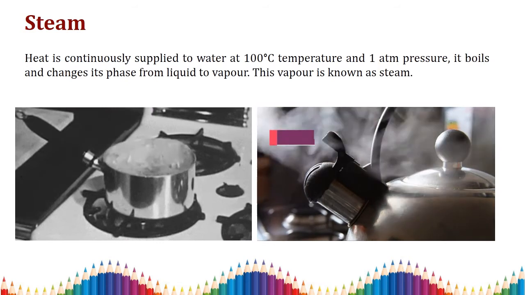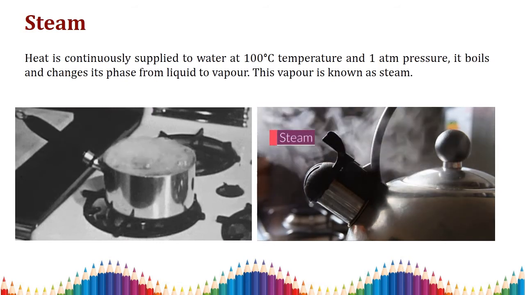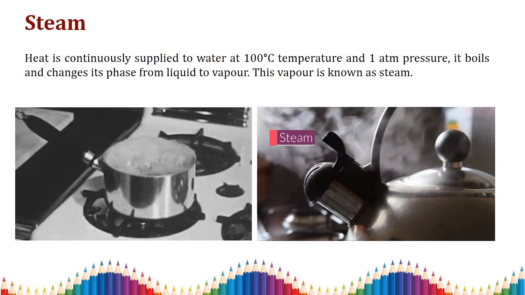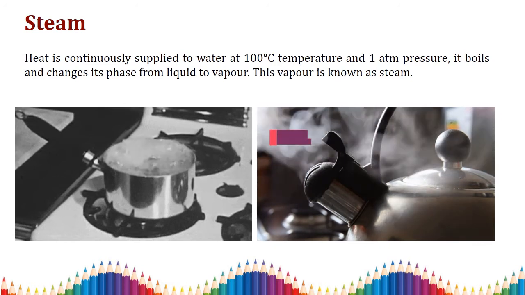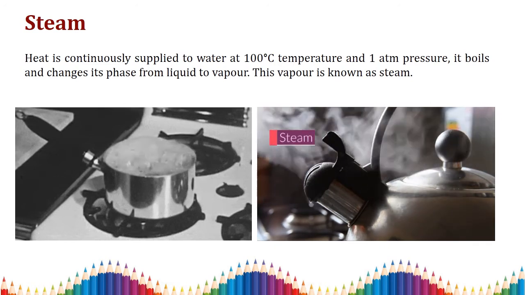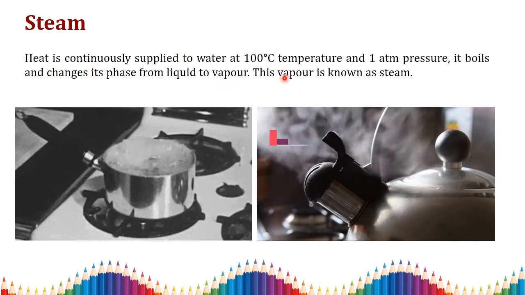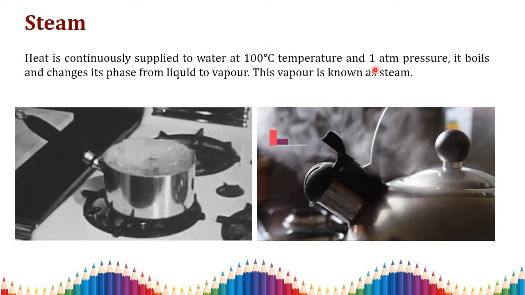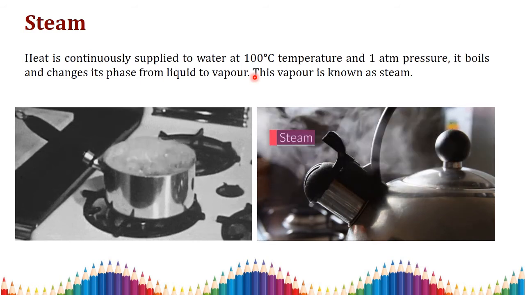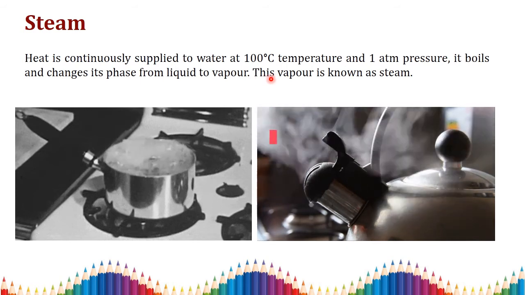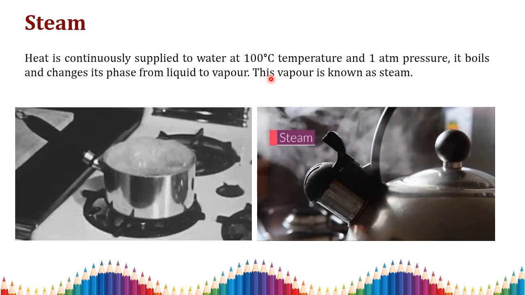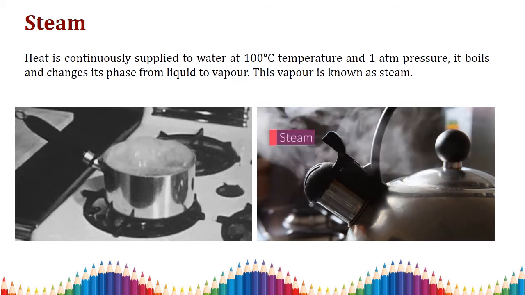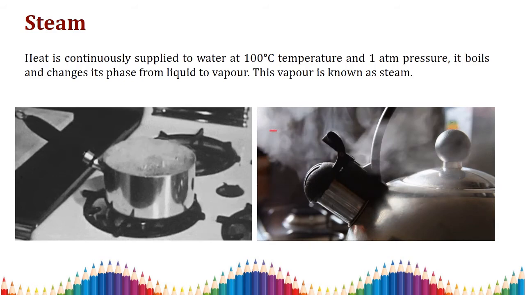As we all know about steam, this is a little introduction. Water is converted into steam beyond its boiling temperature. The water is heated to 100 degrees Celsius. 100 degrees Celsius is the saturation temperature, but it is not exactly that; it is 99.6 degrees Celsius at 1 bar pressure. At atmospheric pressure it is about 100 degrees Celsius, and the water will boil. With the addition of more heat, that is the latent heat, at 100 degrees Celsius it again changes from liquid to vapor. That vapor is known as steam.